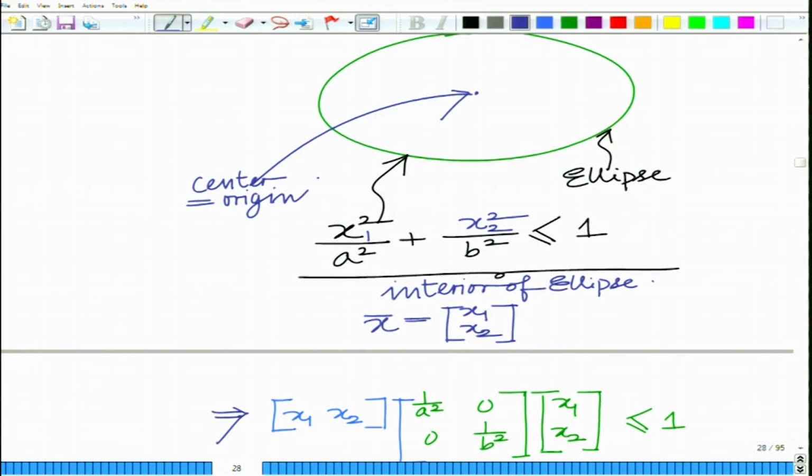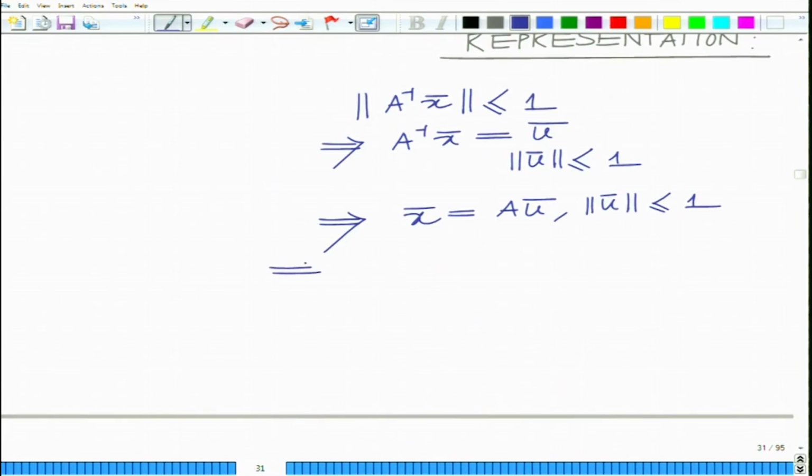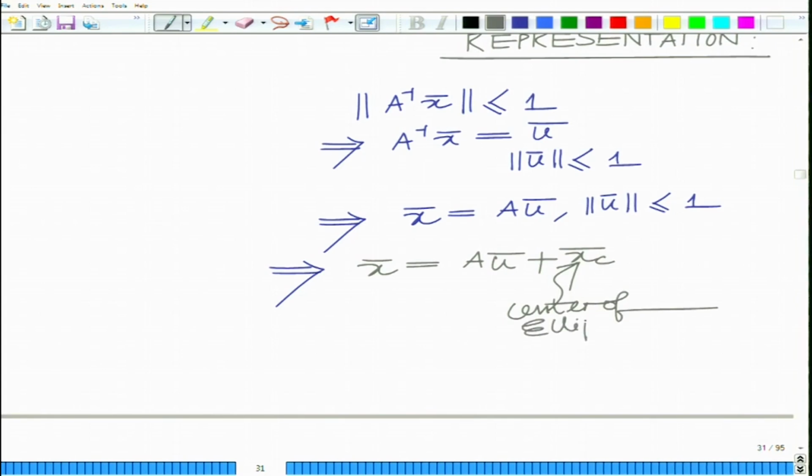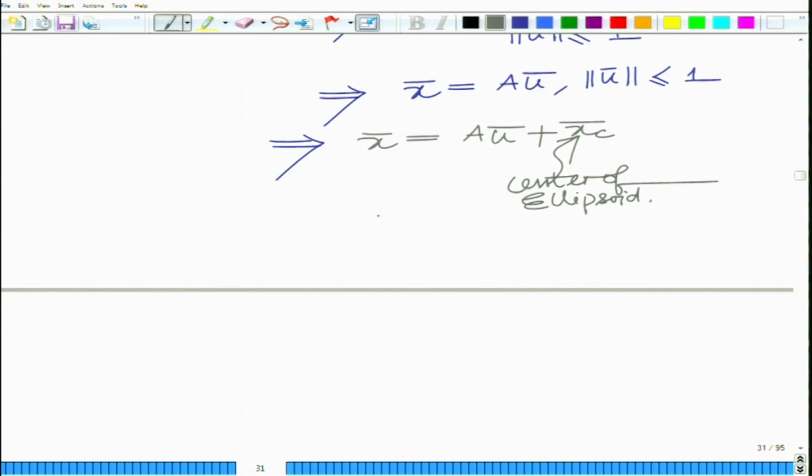Now, if the center is not the origin, then I can simply modify this to include the appropriate center as x bar equals A times u bar plus x bar c. So, this is the center of the ellipse or the ellipsoid. This is the center of the ellipsoidal region. Okay. And therefore, the ellipsoid can now be represented as the ellipsoid corresponding to matrix A